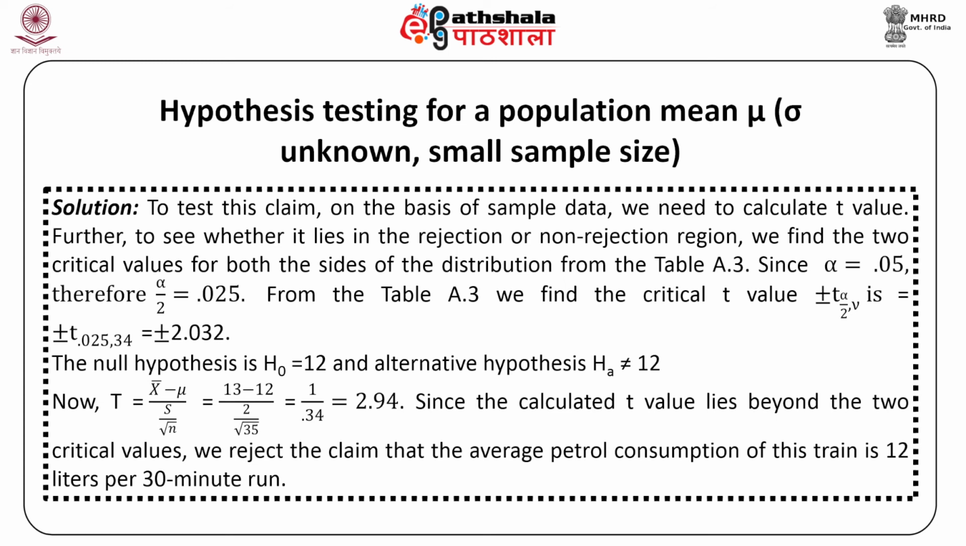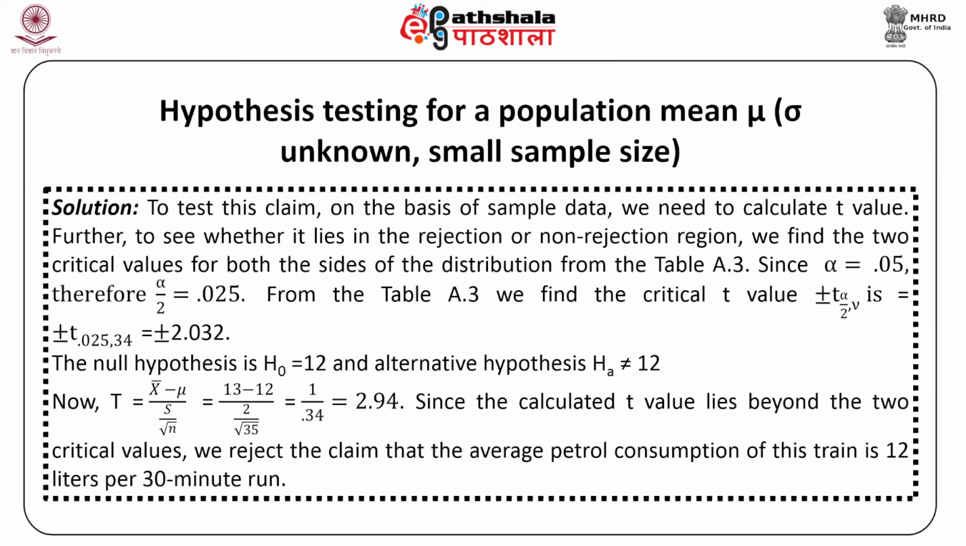Let me give you the solution here. To test this claim on the basis of the sample data, we need to calculate the t-value. To see whether it lies in the rejection or non-rejection region, we find the two critical values for both sides of the distribution from table A3. Now since alpha is specified as 0.05, alpha by 2 comes out to be